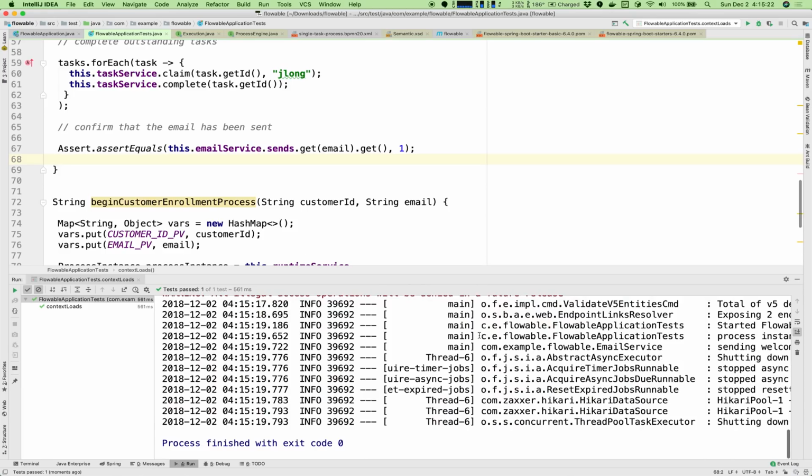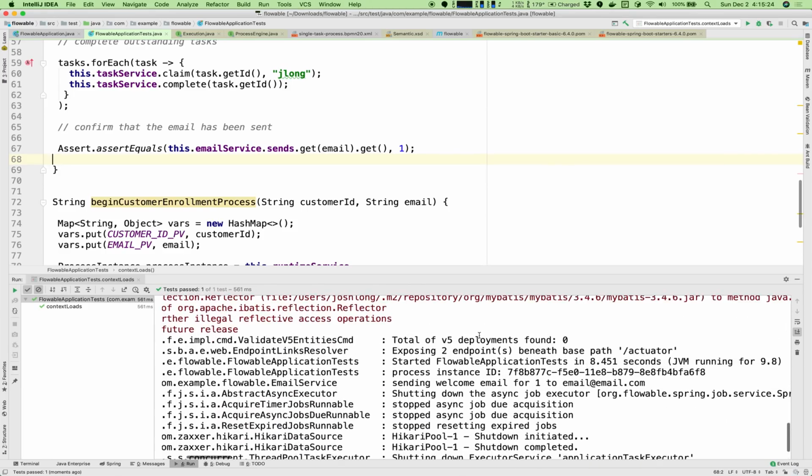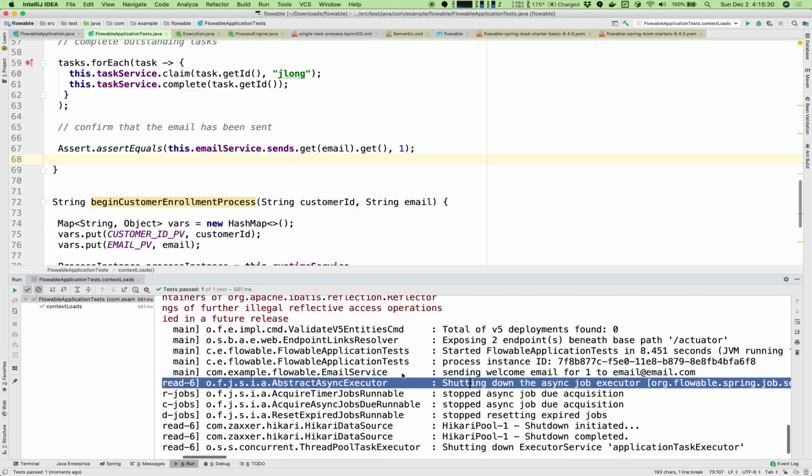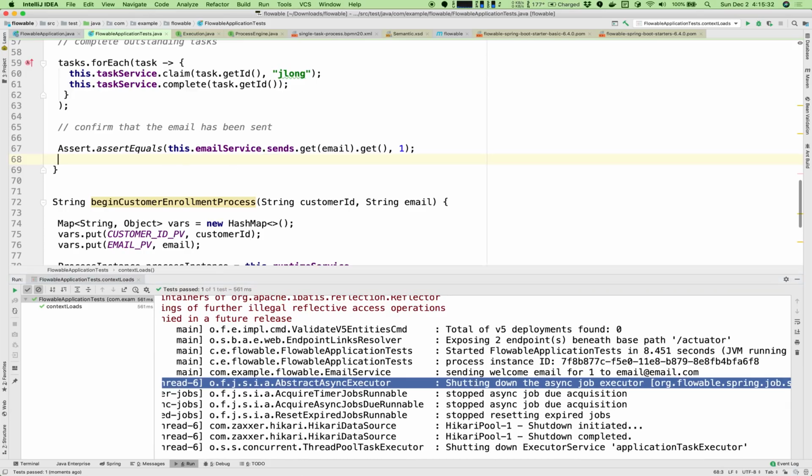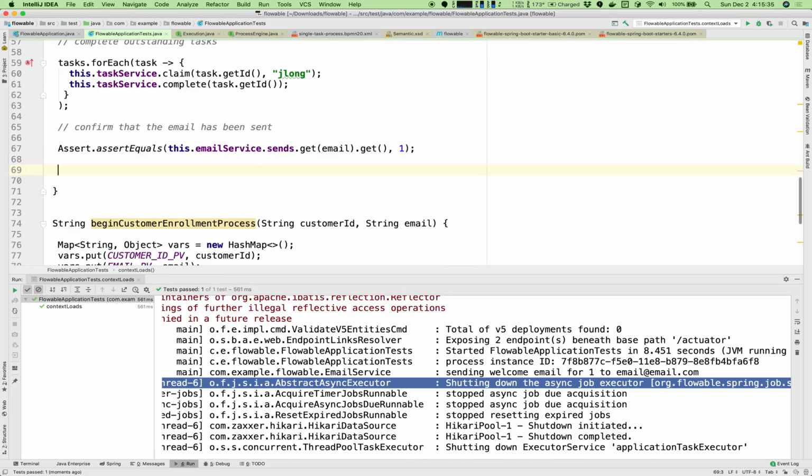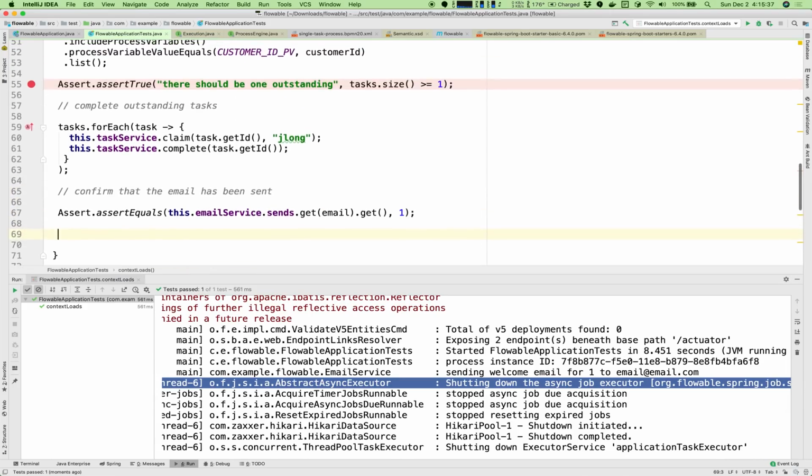There we go. Look at that. So we have now started the process instance. We sent the welcome email. You can see it printed that out, and now it's shutting down. Right? That's the whole thing. The whole thing is done. And at this point, even if I wanted to find that data, I couldn't. Right? That process has been